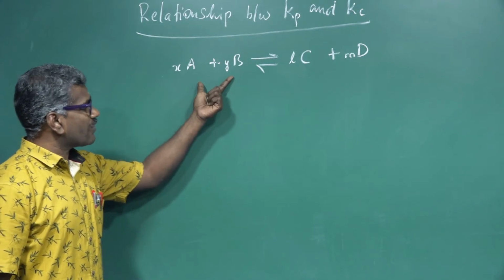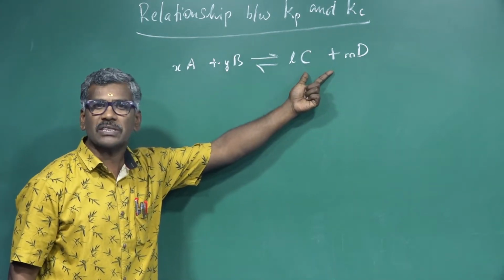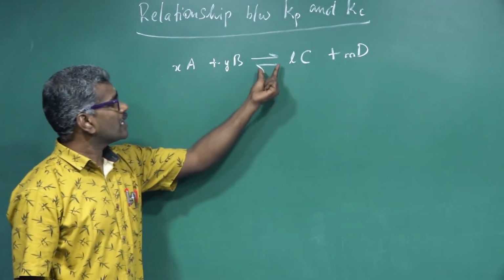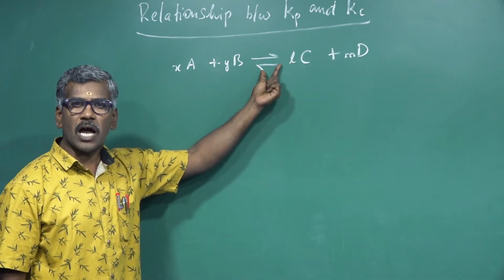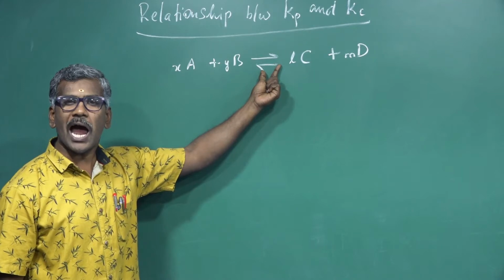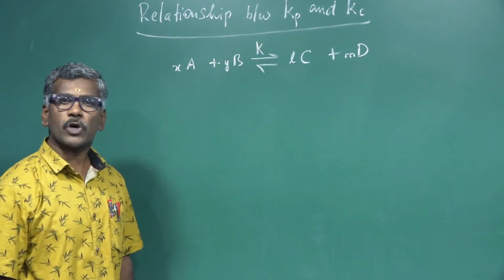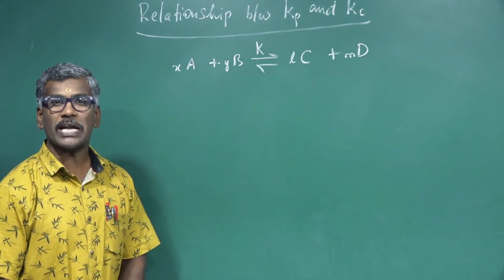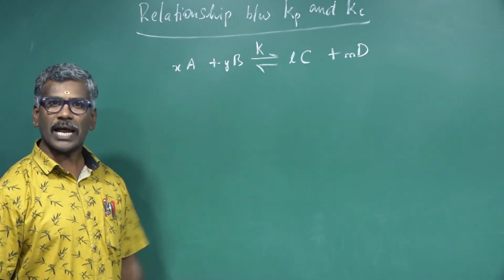Here, the concentrations of reactants and products do not change at a constant temperature, pressure and catalyst. This is equilibrium. Equilibrium can be altered by concentration, pressure and temperature. Here, K is the equilibrium constant, which depends only on temperature. Now, using K, how do we write Kc?